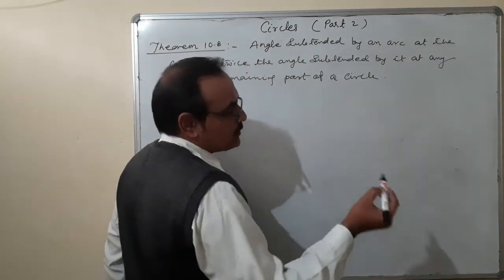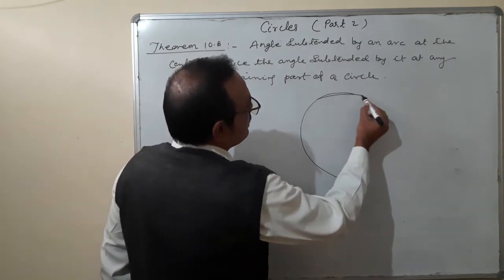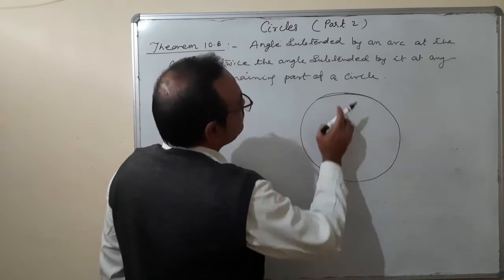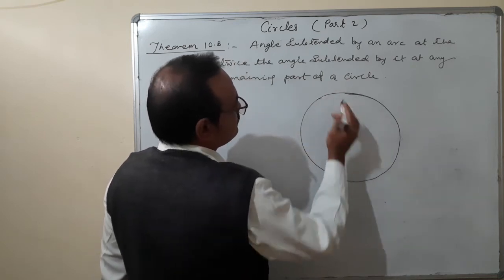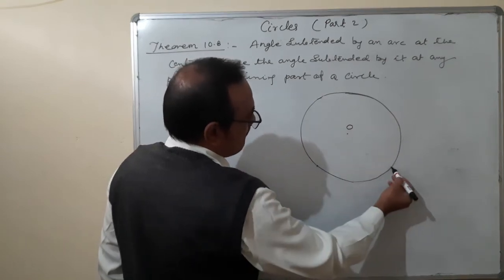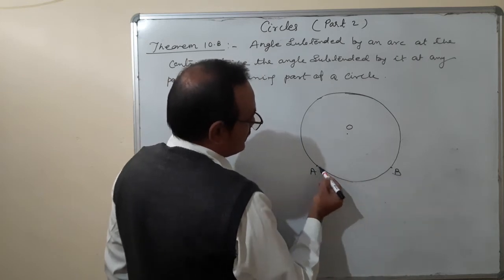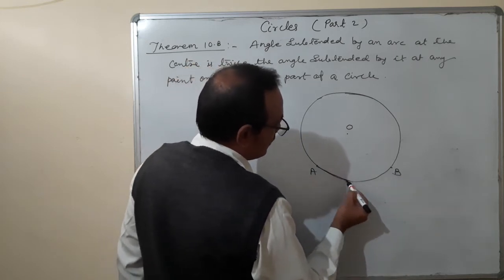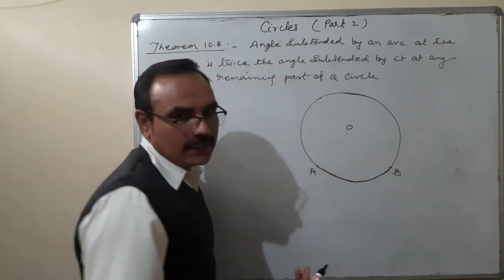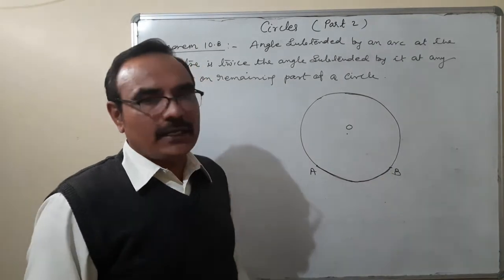Okay, by diagrams we'll have to understand it. This is a circle. Okay. This is an arc. Suppose we have taken an arc. There are three conditions: minor arc, major arc, semicircle, anything else, but there is no problem at all. Arc is arc. So AB, I have taken AB as an arc.